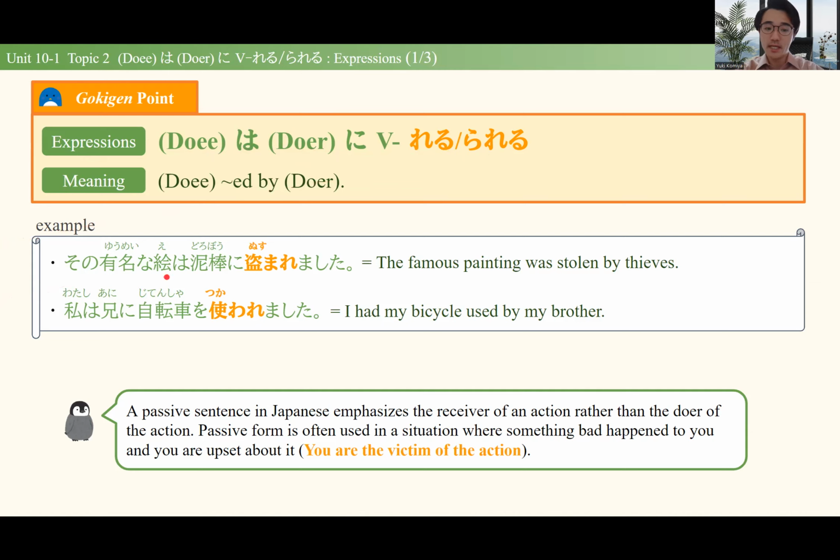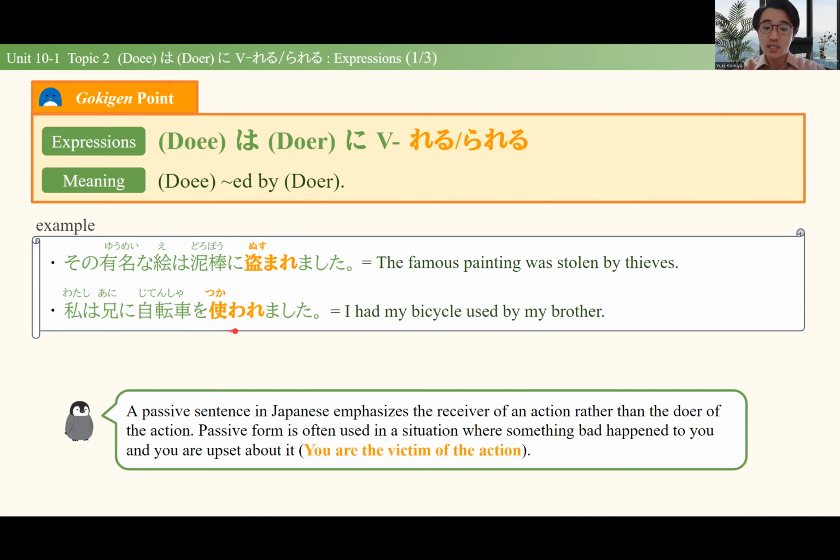An example. その有名な絵, that famous painting. その有名な絵は泥棒に盗まれました. So 有名な絵 is the one that's affected by the action. 泥棒に, so that's the doer, so thieves. 泥棒に盗まれました, that's the passive, like to be stolen. The famous painting was stolen by thieves. Second one, 私は兄に自転車を使われました. This might be a little tricky when you think based on the English passive tense, but